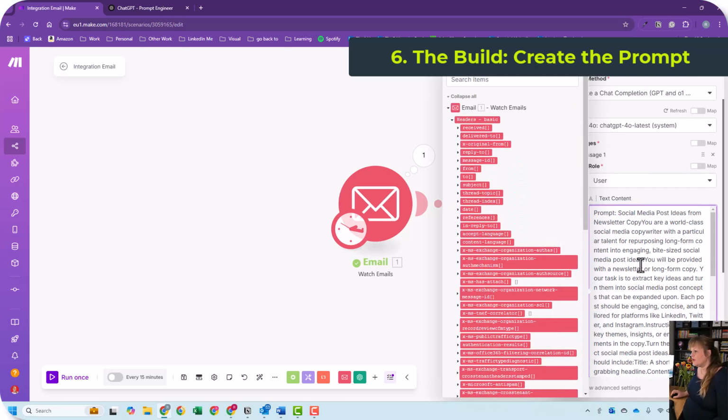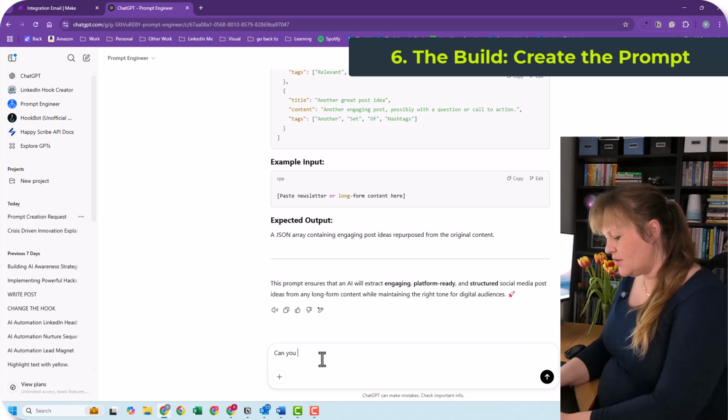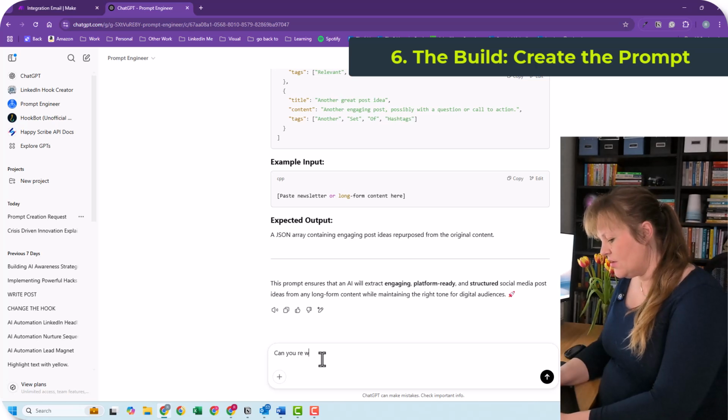Okay. So it's not formatted this nicely, so I'm just going to have to, actually I can probably ask it to format it for me. Can you rewrite this in Markdown format so I can copy and paste it into